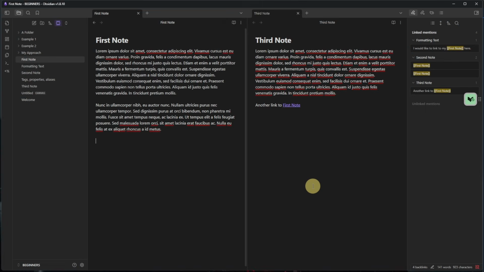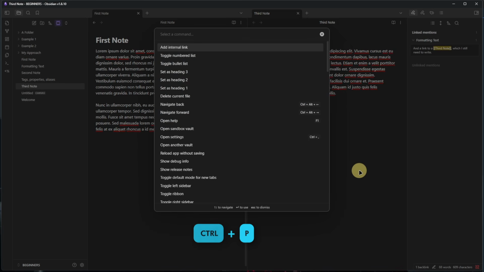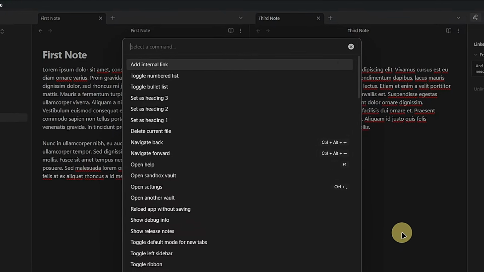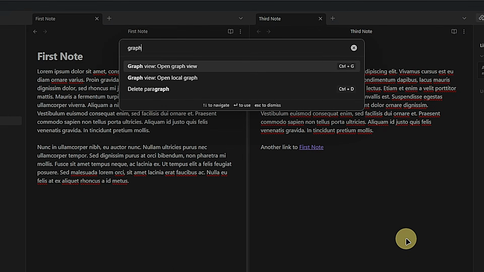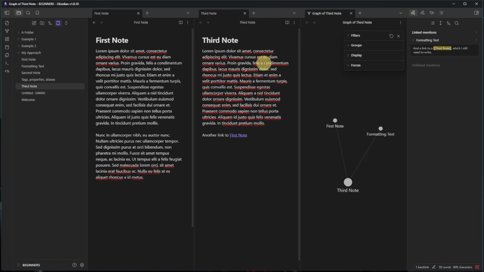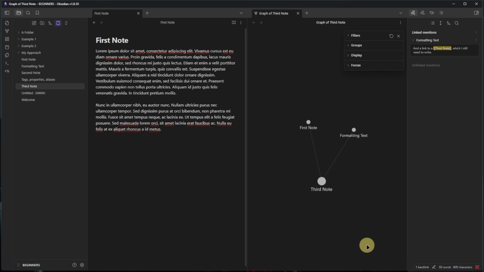Obsidian also uses these links between our nodes to create a visualization or a graph of our vault. There is a local graph and the global graph view. We can open the local graph via the command palette. Remember, Ctrl and P opens that one. We search for local and select Graph View Open Local Graph. This opens a new tab with the local graph for the currently active node. We see our first node at the center and all the nodes with incoming links and any links from the